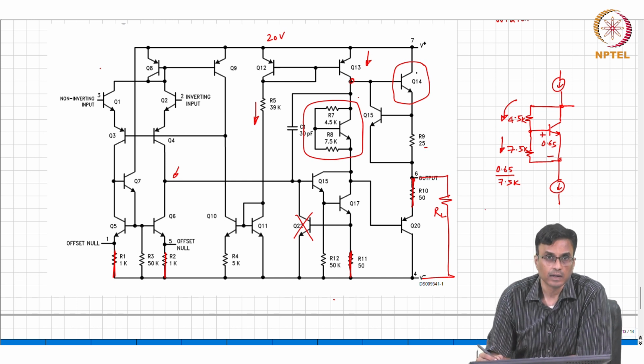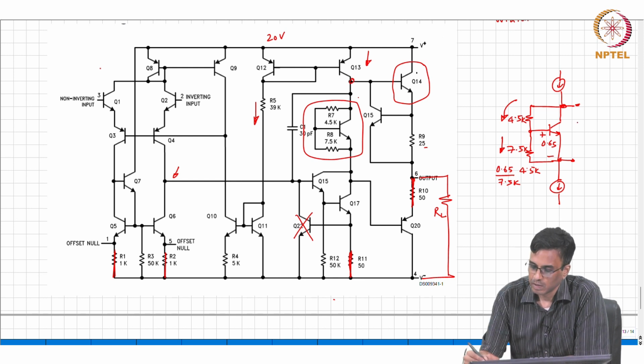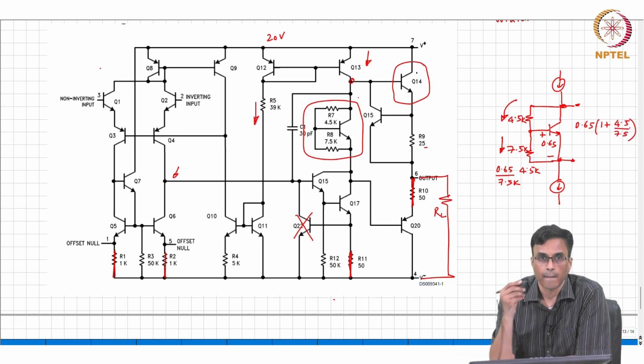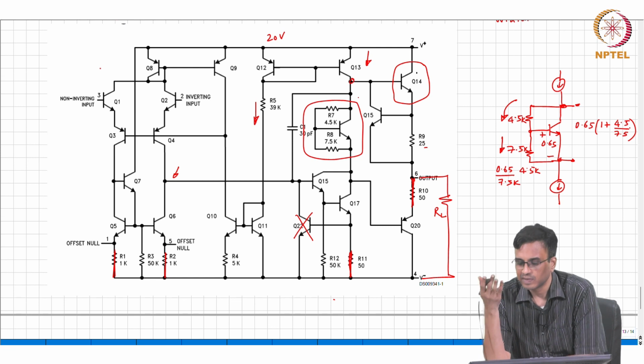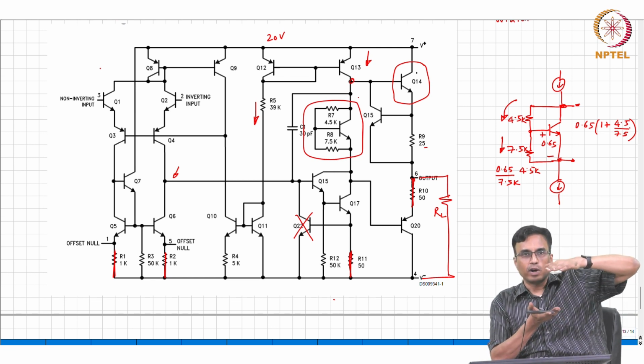Pardon? Into 4.5 K. So, what is the voltage drop you see there? 0.65 times 1 plus 4.5 by 7. Right. So, as you can see, this battery is not 1.3 volts, which will cause both to